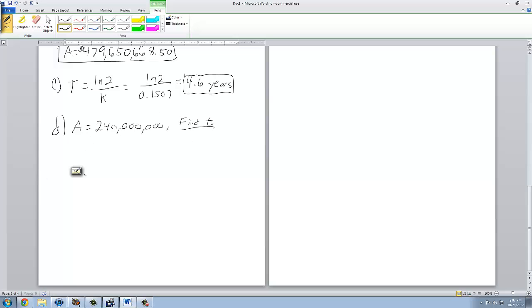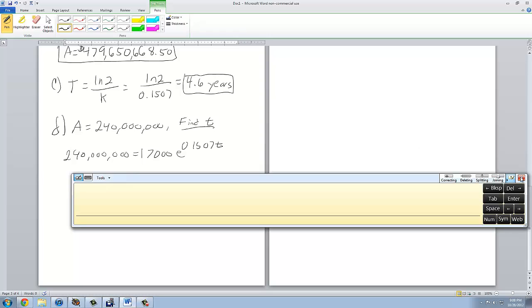When is the question being asked. So this means that 240,000,000 is equal to 17,000 e to the 0.1507t. And now we need to find